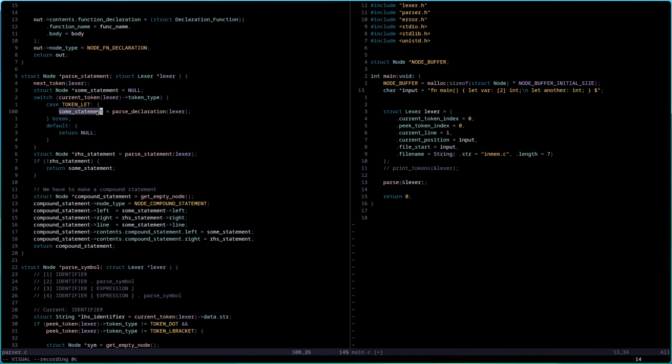Once this statement is done, that means when we have reached this point, it's going to break out, and then it's going to try and parse another statement. So it recurses and calls itself, and then we move the semicolon into our current.